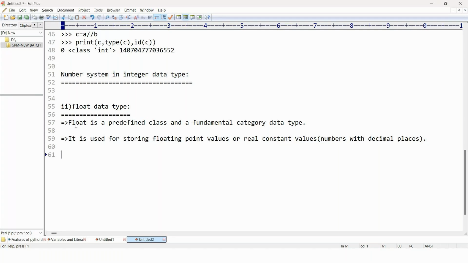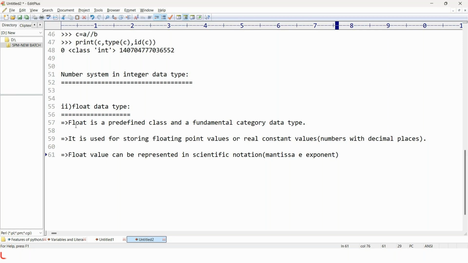So a float value can be represented in scientific notation, that is nothing but mantissa e exponent.